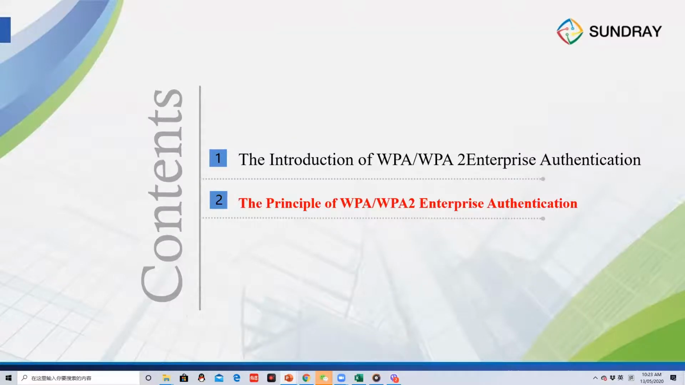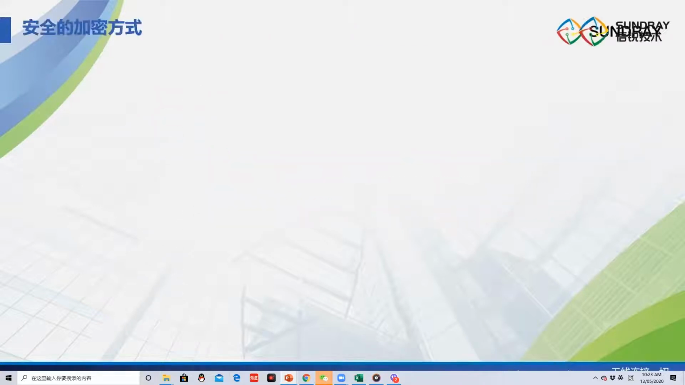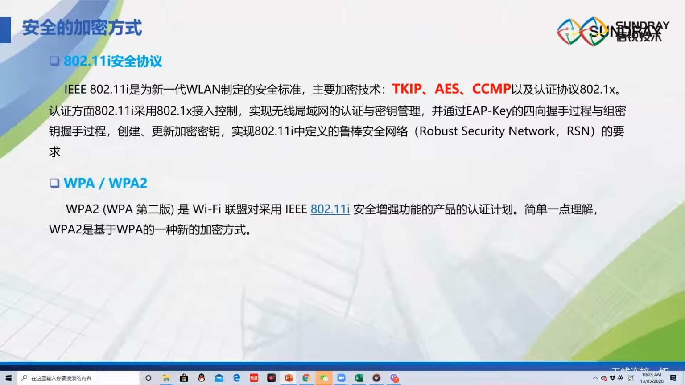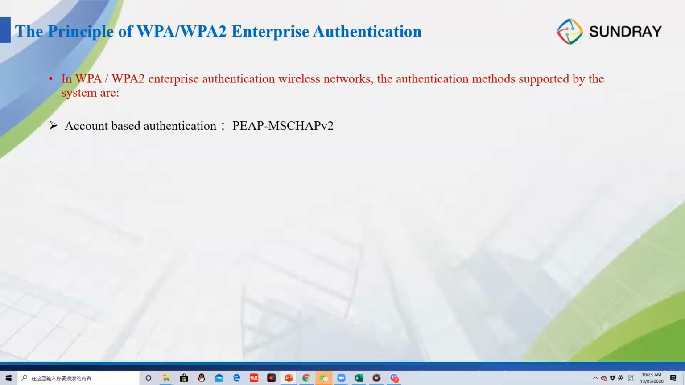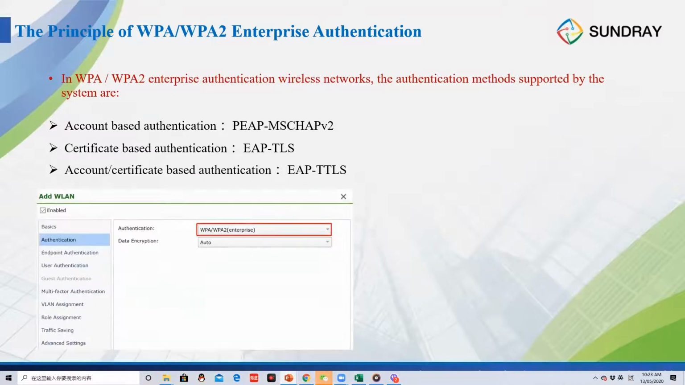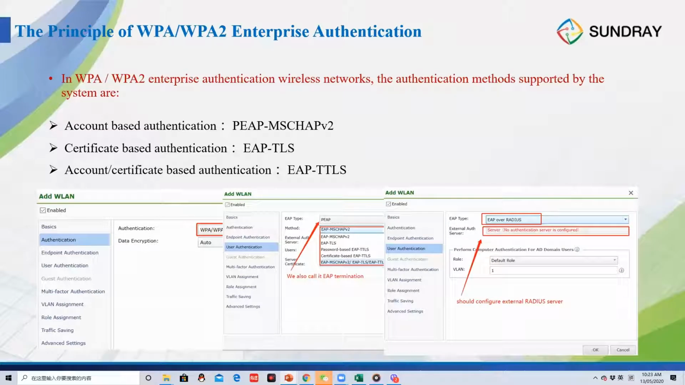Now let's see the principle of WPA/WPA2 enterprise authentication. For WPA/WPA2 authentication, we have three types. The first type is account-based authentication. We call it PEAP MSCHAPv2. This method is widely used. If we create an enterprise authentication SSID, usually we use PEAP MSCHAPv2. And also we can use